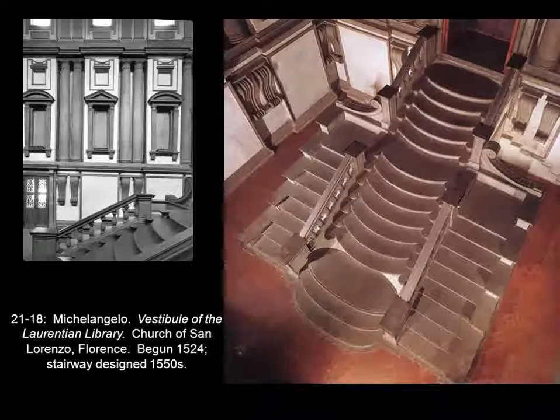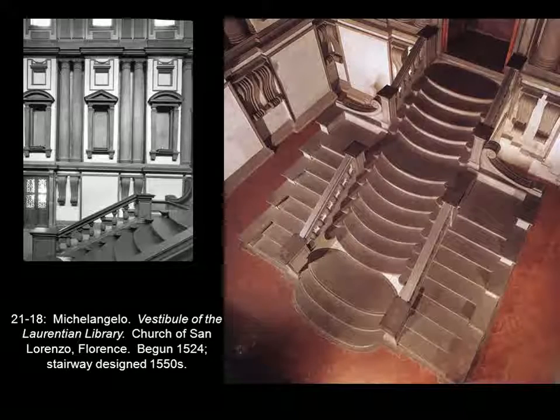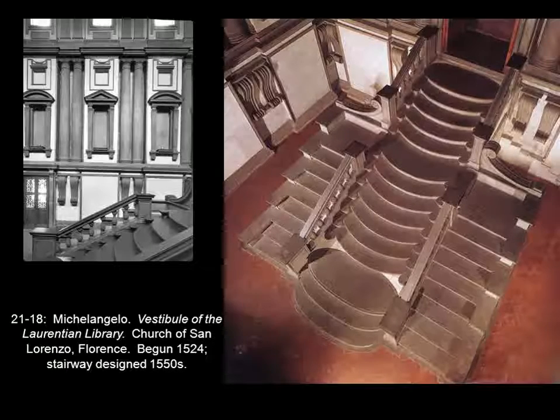Likewise, if you look below the columns, and you can also see this detail in the color picture on the right, you'll notice these tremendous corbels, these brackets set into the wall, these S-curve brackets, which are used to hold things up. In Michelangelo's sense of architecture, he uses them for nothing. They hold up nothing but themselves. So again, very unexpected treatment of architecture, and even the stairs that he ultimately designs are fantastic.